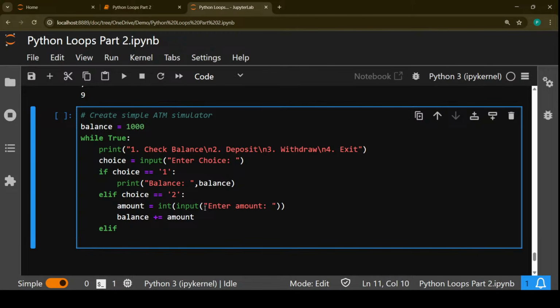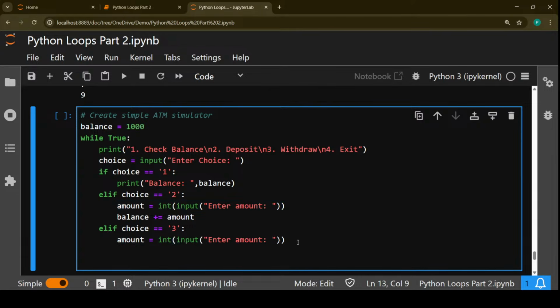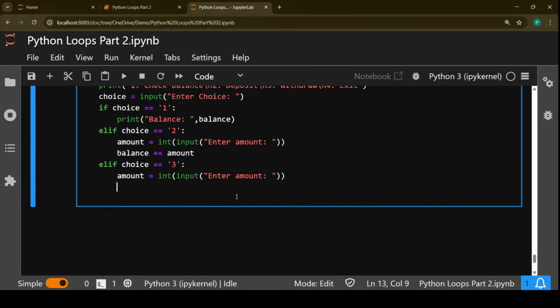Then again, one more condition is there for withdrawing the money. Now, how much money you want to withdraw is also there. So again, we'll ask for the amount. Now this time, whatever the amount is, we'll put a condition over there. If amount is less than or equal to balance,